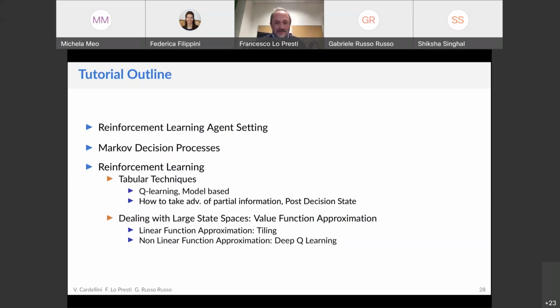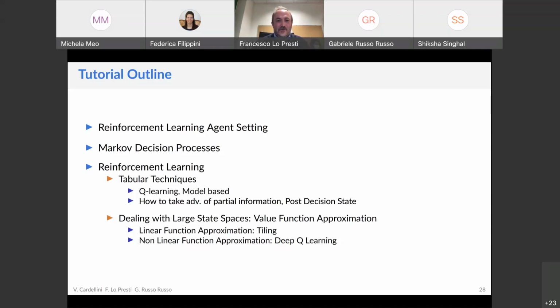Okay, then in this second part, first of all, thanks Valeria for setting the stage for the tutorial. Now I will discuss the reinforcement learning edge setting. We'll go into the gory details on how you can use reinforcement learning for management of resources in the edge. The necessary background material on Markov decision processes will help us to understand the notion of reward and